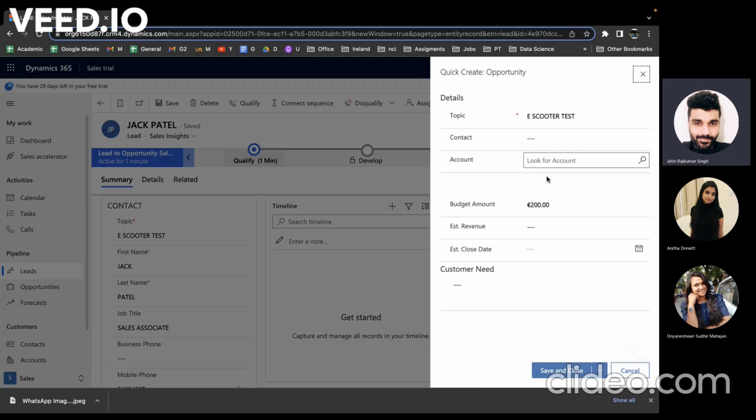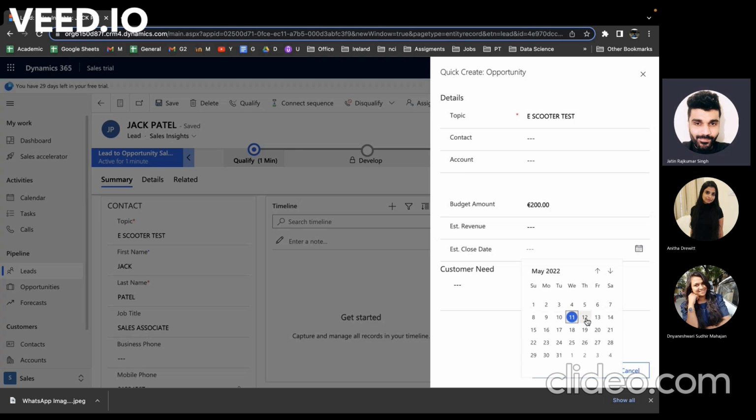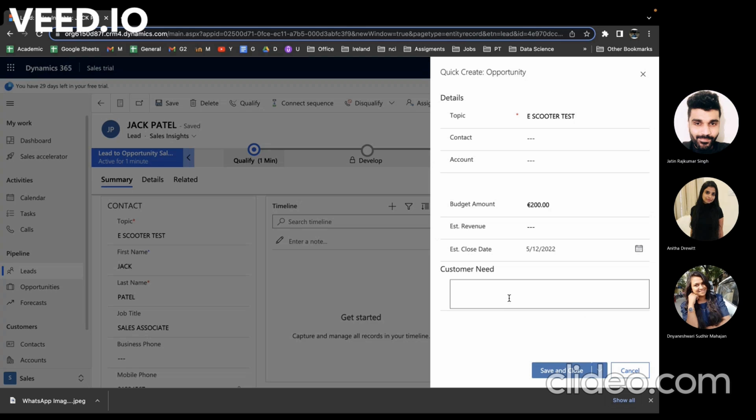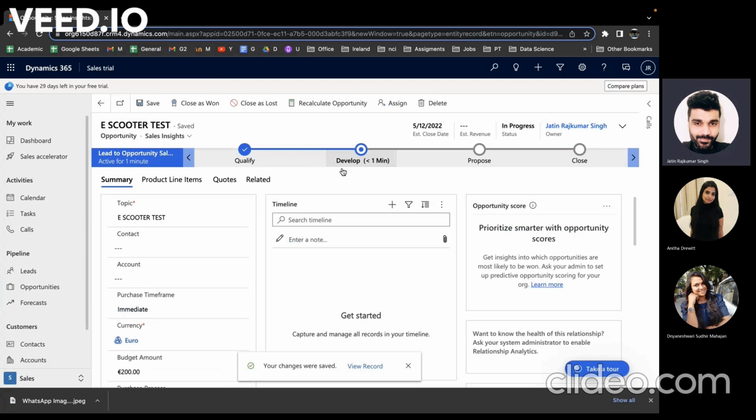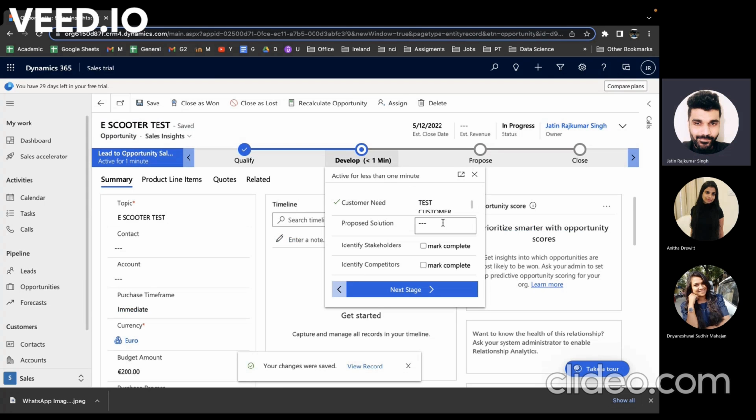So this is where we can enter all the details, the estimated revenue of the company and the estimated close date. Here we are considering that on the 12th, tomorrow, it will be closed. Test customer, ready to close soon. Since we have spoken to the customer and have all the data, the qualification stage has been done. Now we will check the proposed solution. In this case, we will be selling BS100 e-scooters